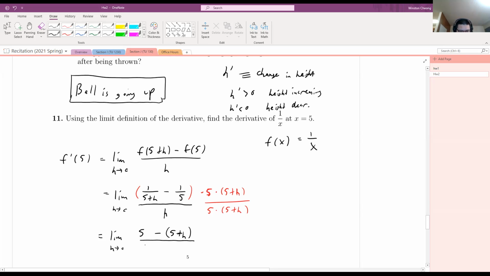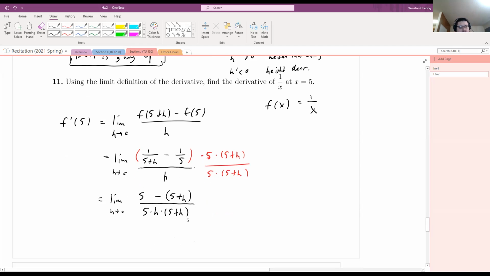Okay. And now what about this denominator? Well, we can just multiply across: 5 times h times 5 plus h. Okay. And right away, that has gotten rid of all this complicated fraction business. And now we just go ahead and simplify. So see that 5 and minus 5 will cancel, and you're going to be left with a minus h on top. Now, if you think ahead, you'll know that you can actually cancel the h on top with the h